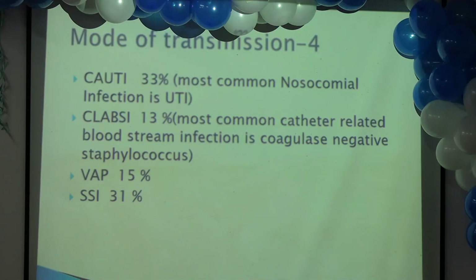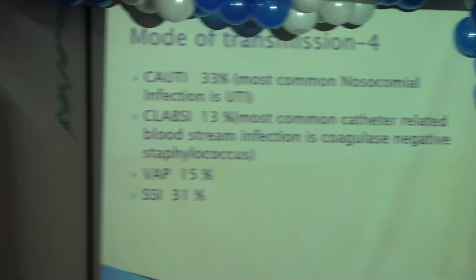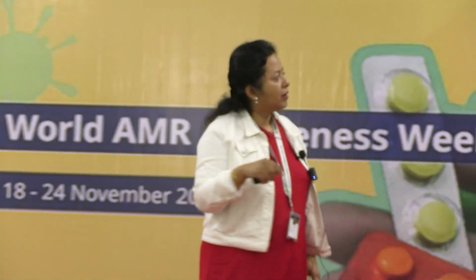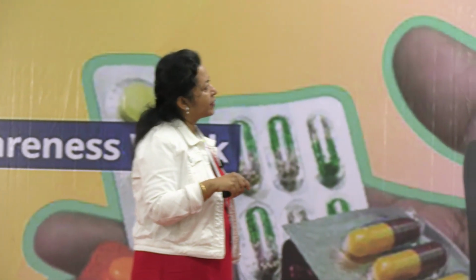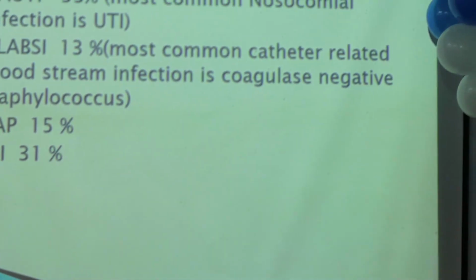Okay. But you have to know they don't say catheter associated urinary tract infection like that. So you will be saying CAUTI. But you have to know that this is catheter associated urinary tract infection. Is it clear? You should write CAUTI as catheter associated urinary tract infection. In bracket you can write CAUTI.